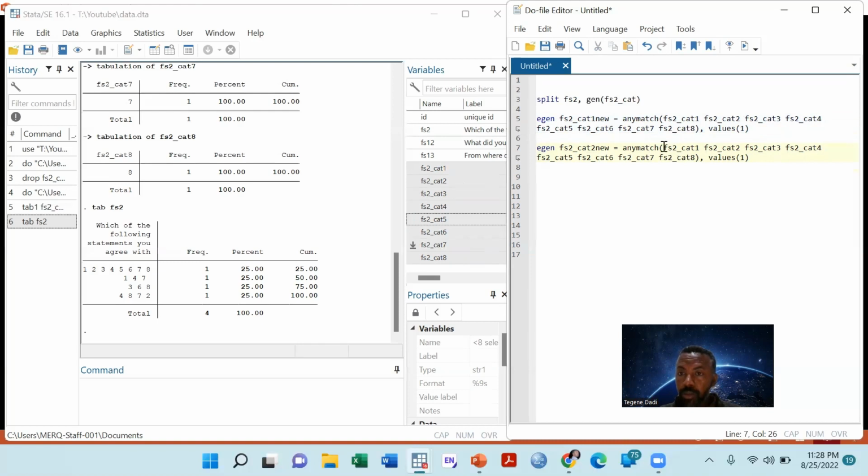Those variables will be the same, because option 2 might be there in this splitted variable, or this one, or this one, so all of those variables should remain here. But the values that we need should be 2,